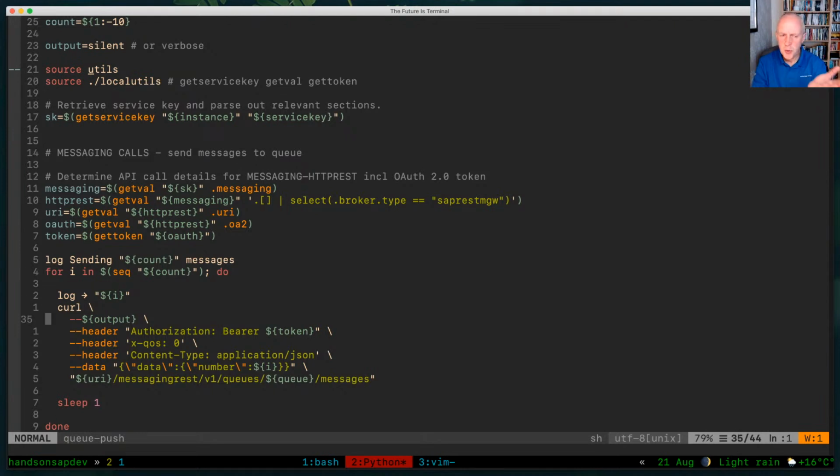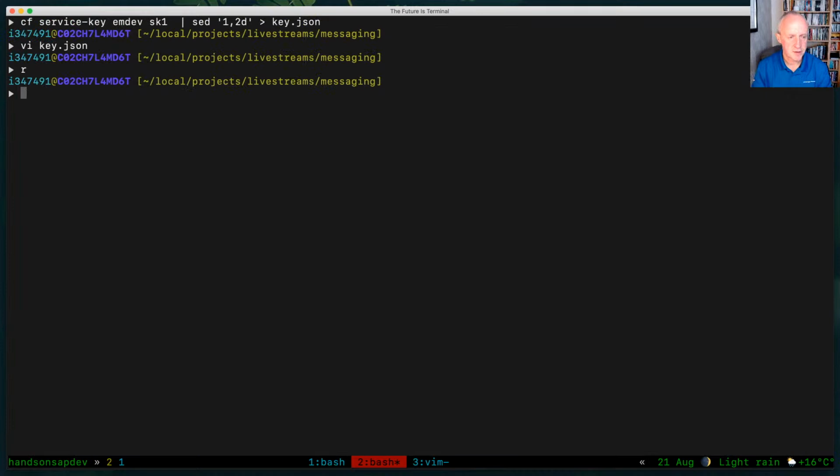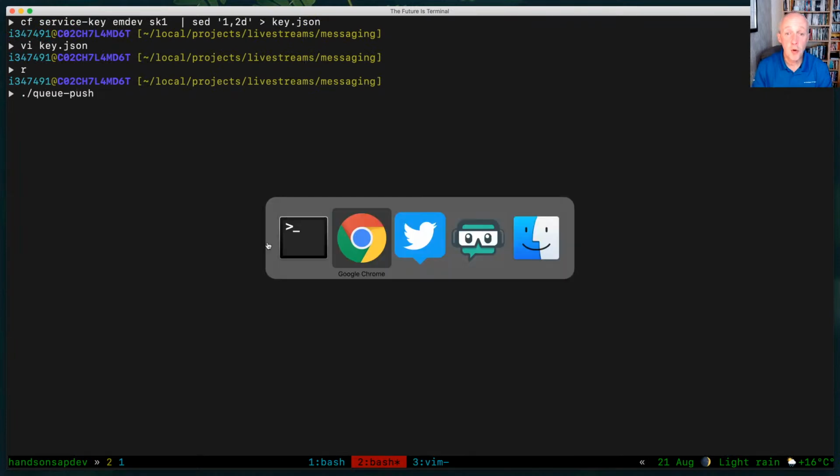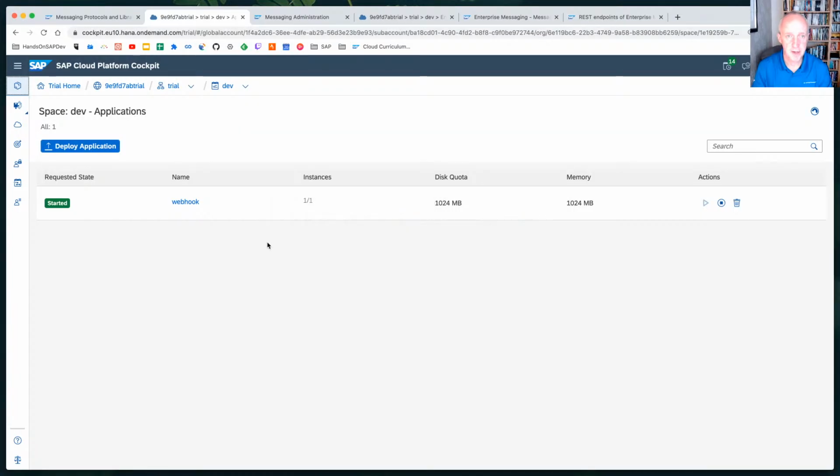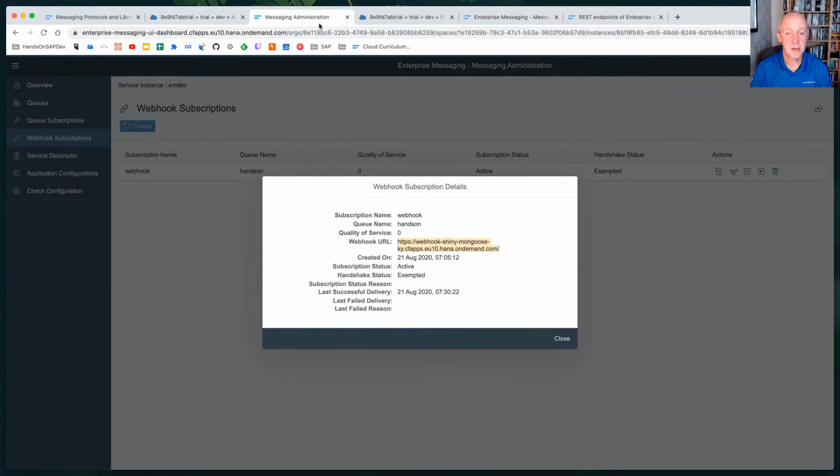And then we can send some messages. And we send some messages, and we're using quality of service 0. We are going to cover quality of service in a future part of this deep dive. Really interesting, message pulls and message acknowledgements and so on. We're just going to send some messages. So let's do that now. In fact, let's just change this to 0.5. I'll make it run a bit faster. So there we go, Q push. But before we do that, let's go to the webhook